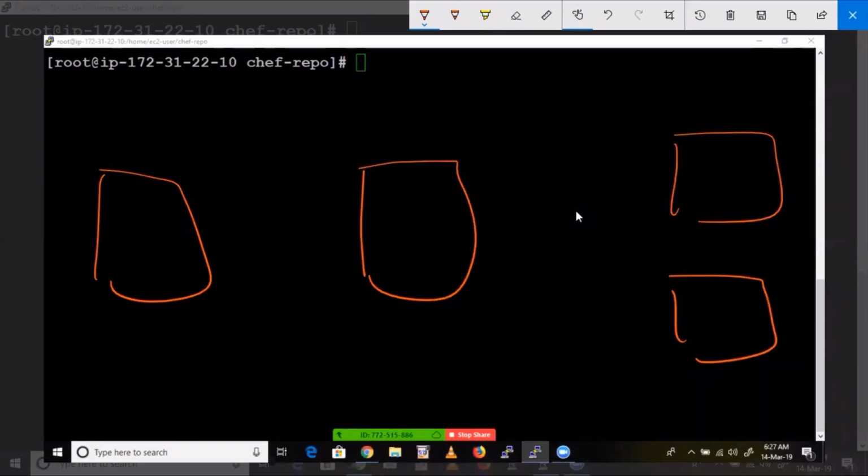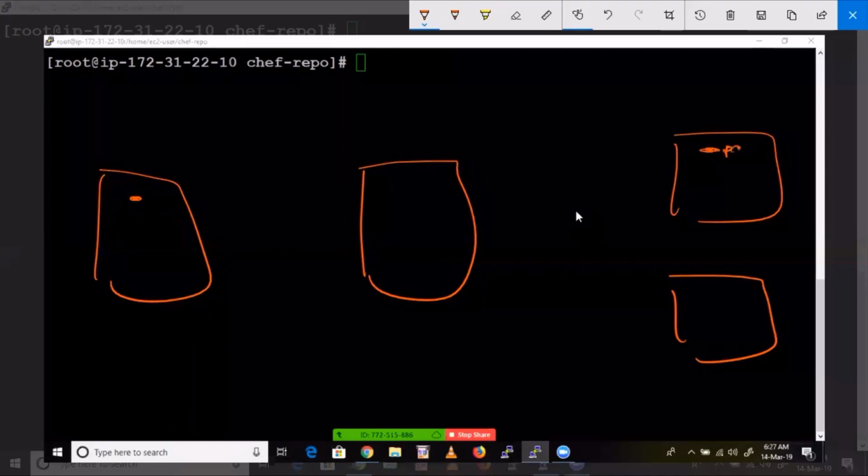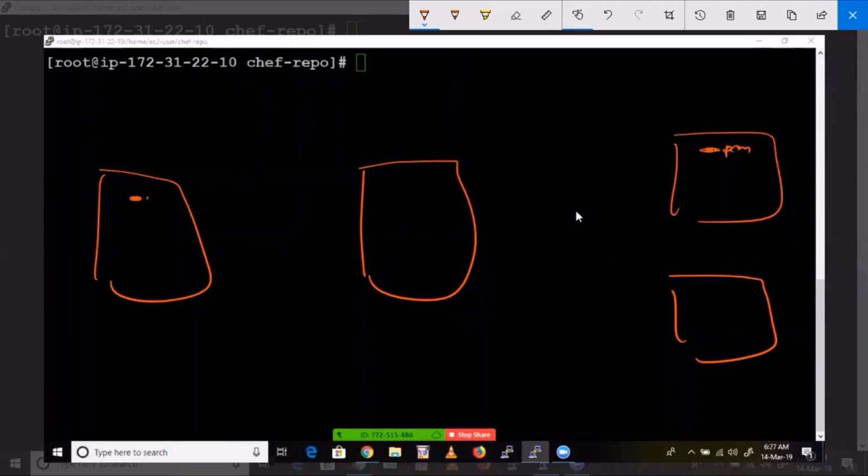Before you bootstrap, the node's key must be present in your workstation. That's what we have copied earlier. The node's PEM key must be present inside your workstation. Correct or not, guys? Just recall once more. Already we have seen this one, right? Yes, sir. Correct.